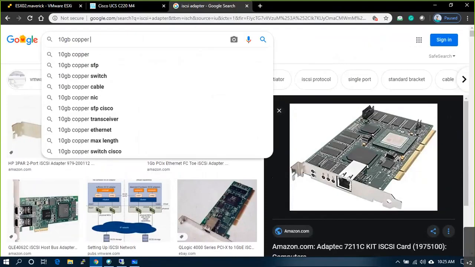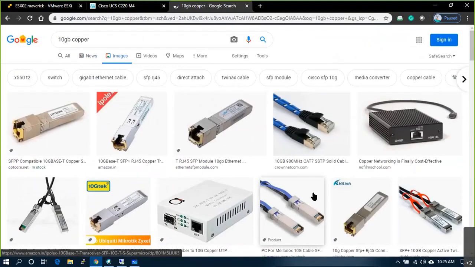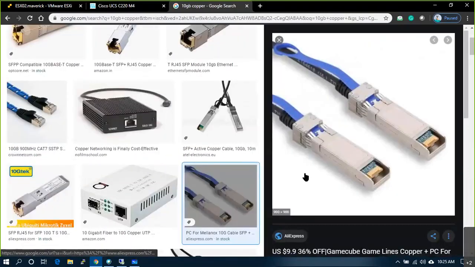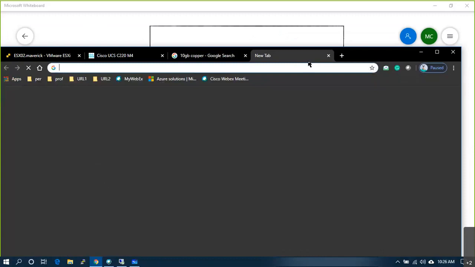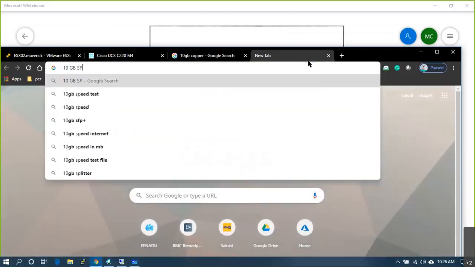I think I have explained this earlier, right? It looks like this. This is a 10 GB cable, with the 10 GB SFP module, small form factor pluggable.